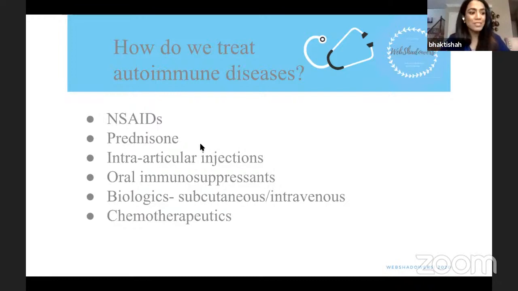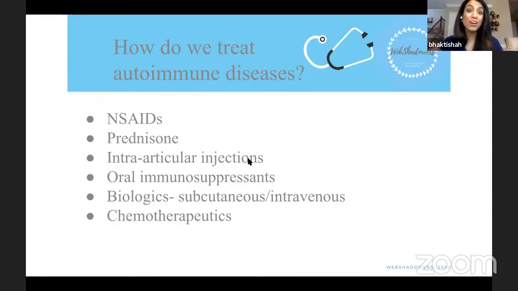I know we only have a few minutes left, so I want to get through this as quickly as possible. For our patients that have gout or osteoarthritis, that have a single joint that's really bothersome, we do an intra-articular injection of steroid, which is typically depomedrol or Kenalog, and that is also a viable treatment option. We use oral immunosuppressants to treat many of our rheumatic conditions, and maybe you've heard of some of them. I'm just going to list them out: methotrexate, sulfasalazine, azathioprine, hydroxychloroquine. These are all examples of oral DMARDs. DMARD is a disease-modifying anti-rheumatic drug.